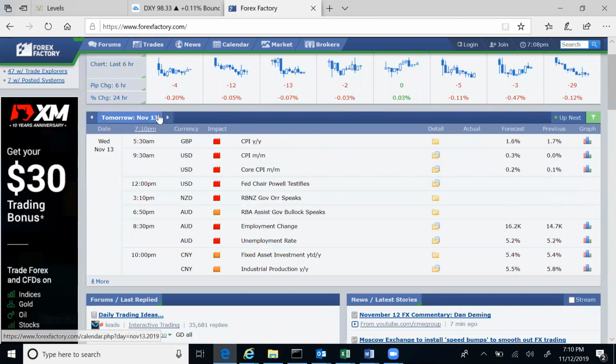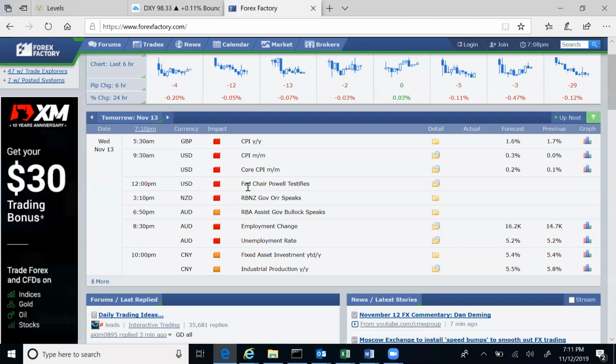Tomorrow as well. Let's go to tomorrow. Tomorrow is quite a heavy day, right? You have US pairs tomorrow. So again, if you don't understand or you cannot predict or you don't know how to trade fundamentals, just stay away from the US dollar tomorrow, right? Stay away from the US dollar. You could trade GBP pairs, Euro pairs, JPY pairs, Chef pairs. Try and stay away from the US dollar tomorrow.